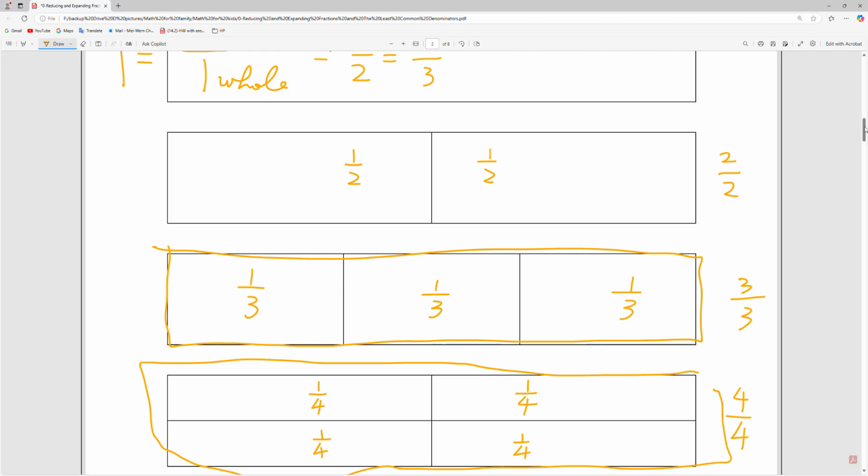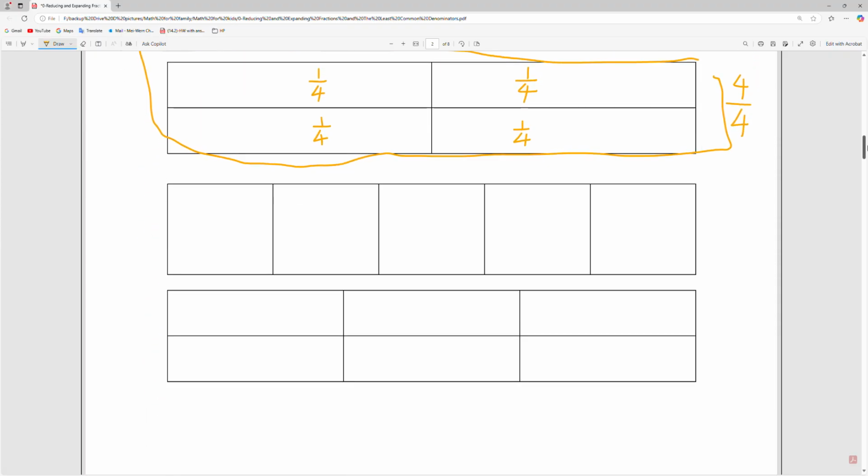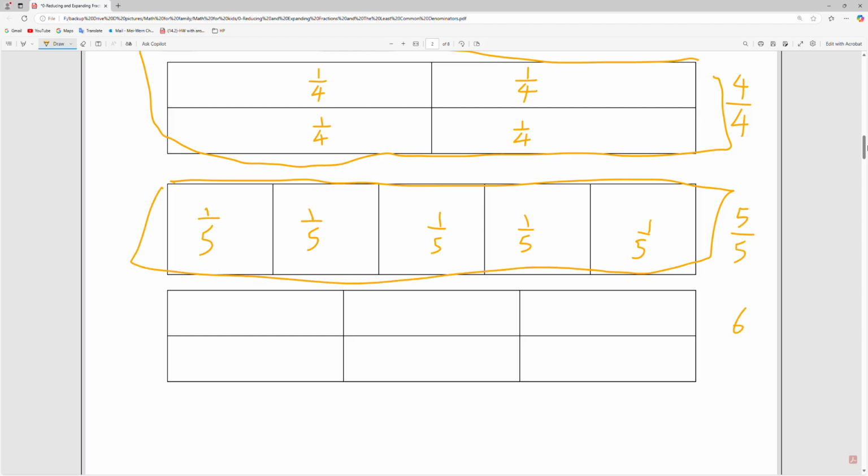So let me show you the whole picture. 1/5 plus together this 1/5, 1/5, 1/5, plus together you have 5/5. 6, 6. So those